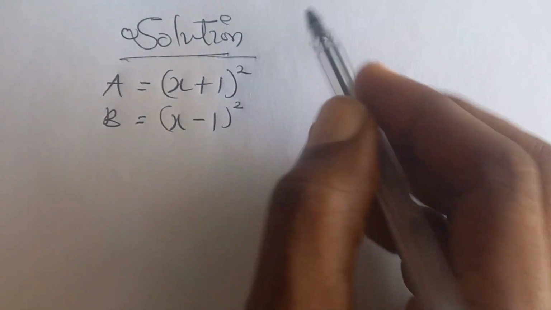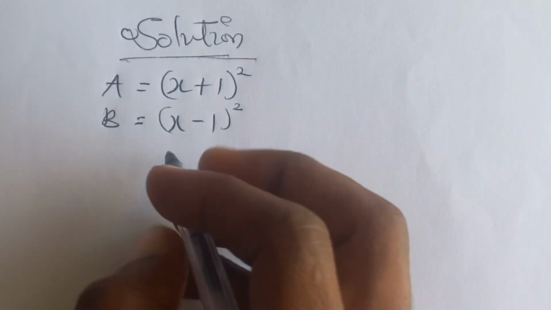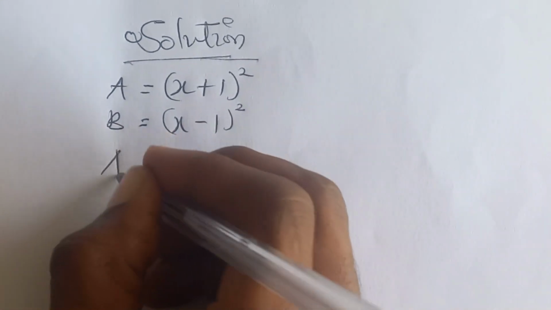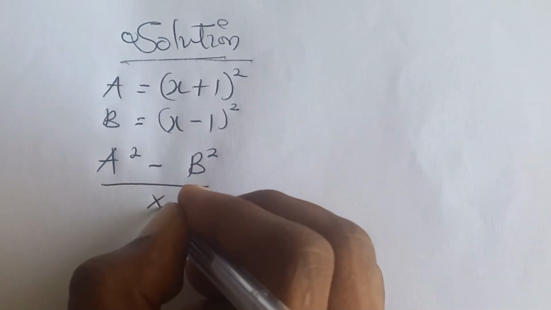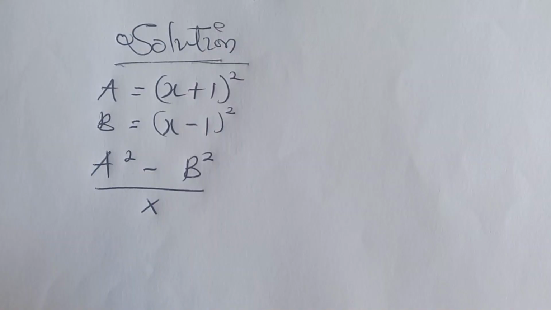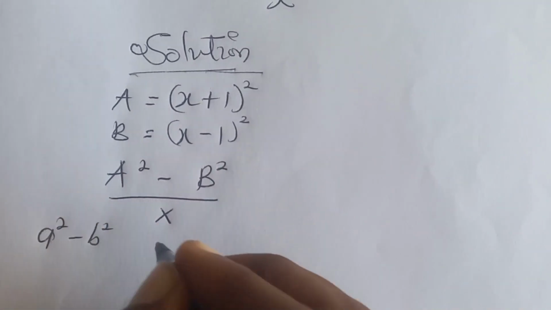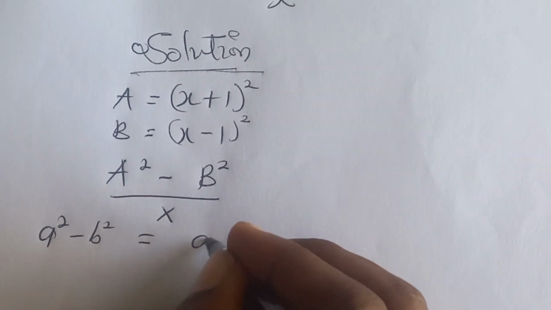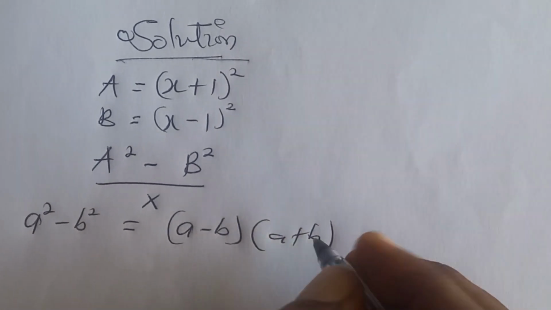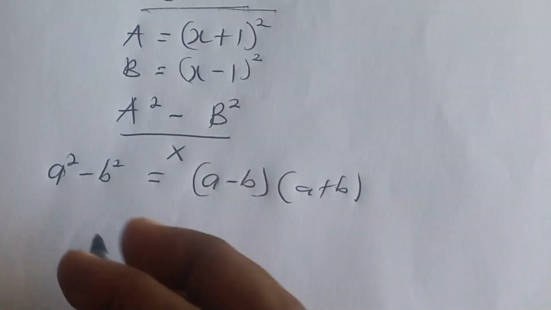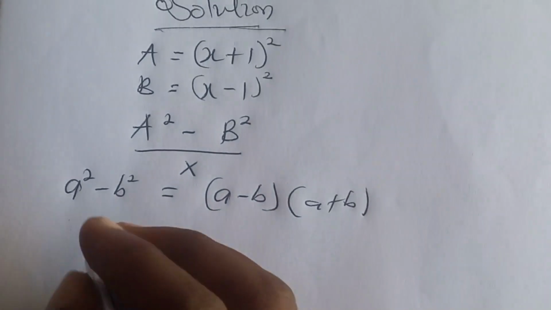Okay, so now, if we are to compare things like this, you see that we are going to get a squared minus b squared on x. Now let's get back to our algebra. We have a squared minus b squared, which is equal to a minus b into bracket a plus b. Okay, so our expression is going to be